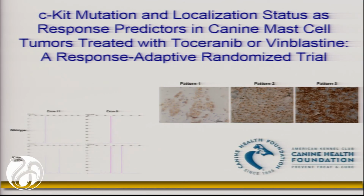Finally, I do want to mention that we've taken this data that Cheryl generated and actually used it for a bit of a personalized medicine study that's funded by the American Kennel Club and has just completed enrollment. So this was a Bayesian adaptive randomized study comparing a targeted kinase inhibitor to a traditional cytotoxic, stratifying based on the presence or absence of a mutation and the presence or absence of different or altered distribution of the KIT protein within the mast cell tumor cells. So again, something that has limited implications for the human side, with the exception of a really cool study design that we've been able to undertake with the help of a very talented biostatistician from University of Wisconsin named